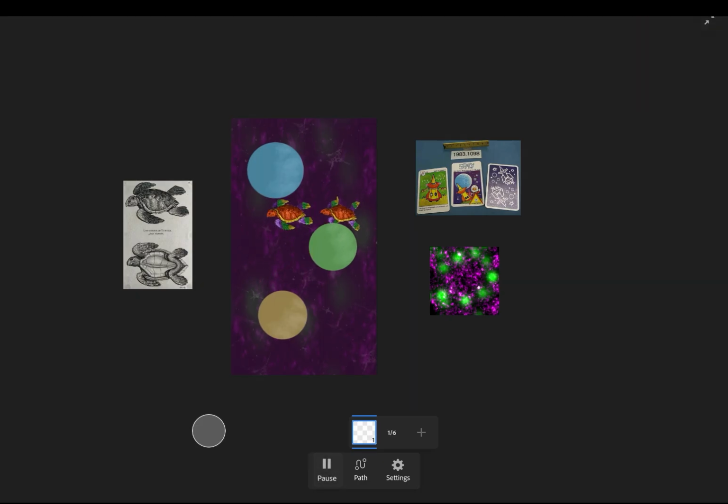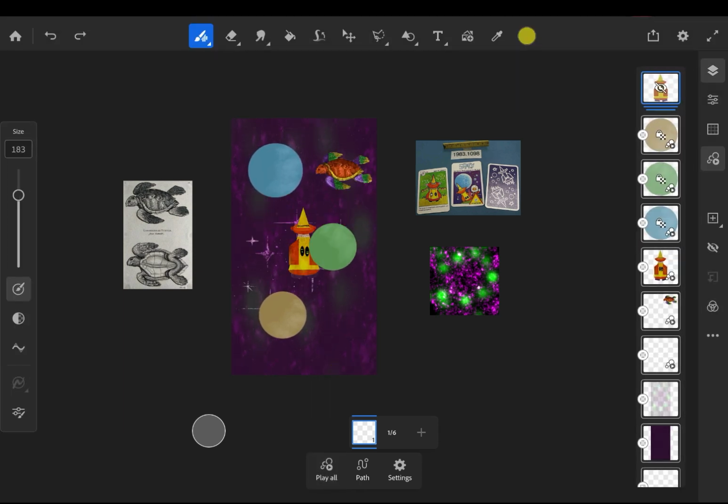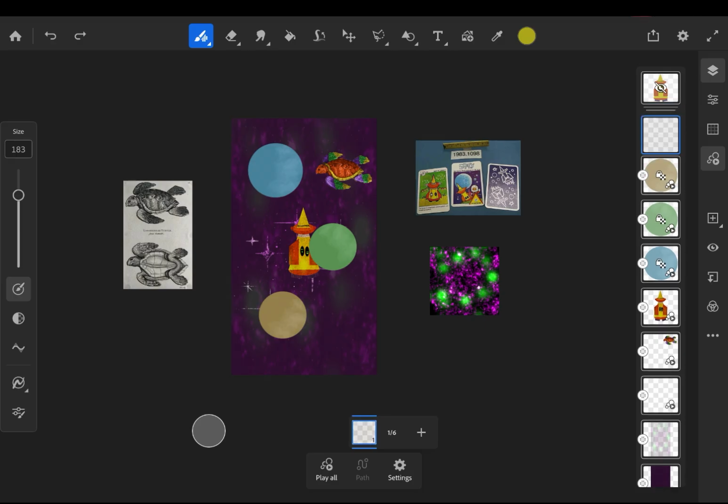If you look at the planets, I'm just using the presets, and the planets are really just duplicates of each other, and I've just added some hue and saturation to them. I've added some cloud texture. So just to show you that in action, let's create another layer, and I'm just going to use the drawing